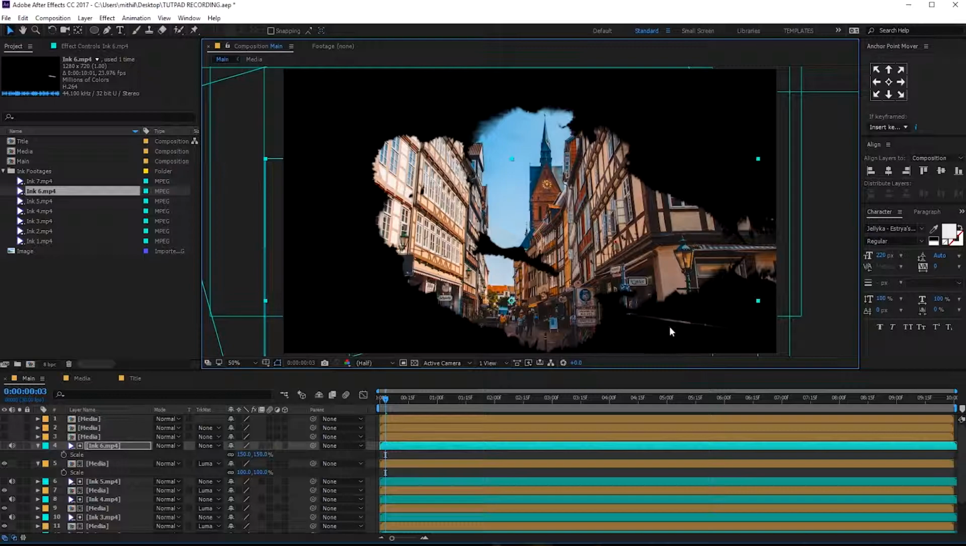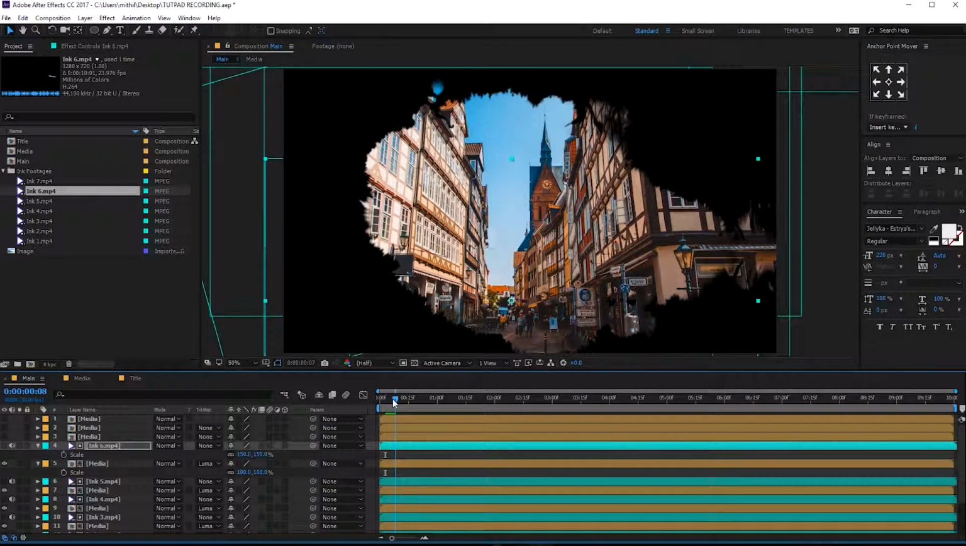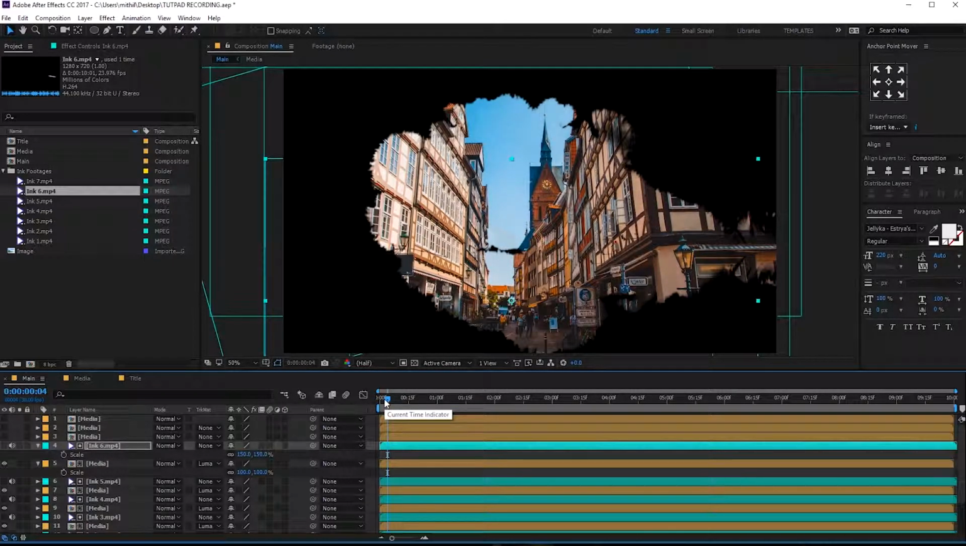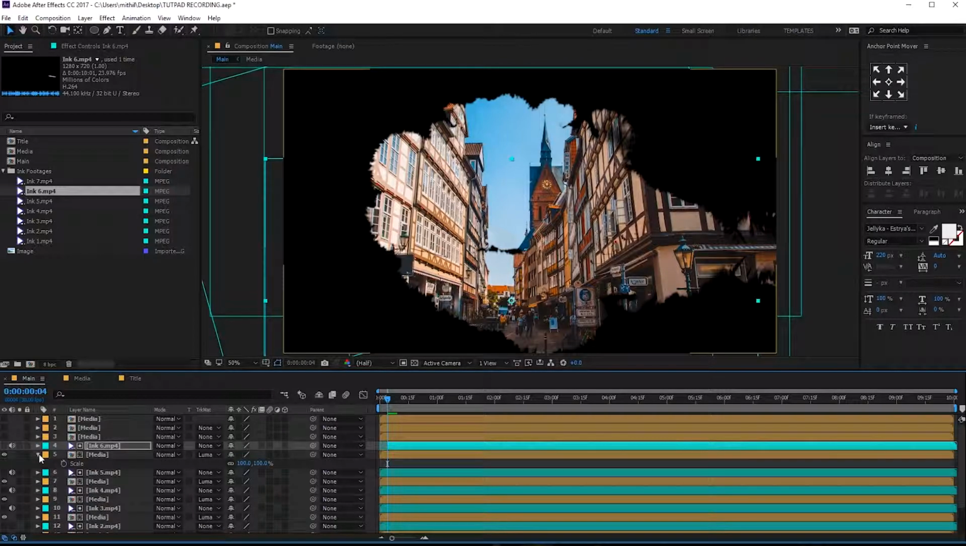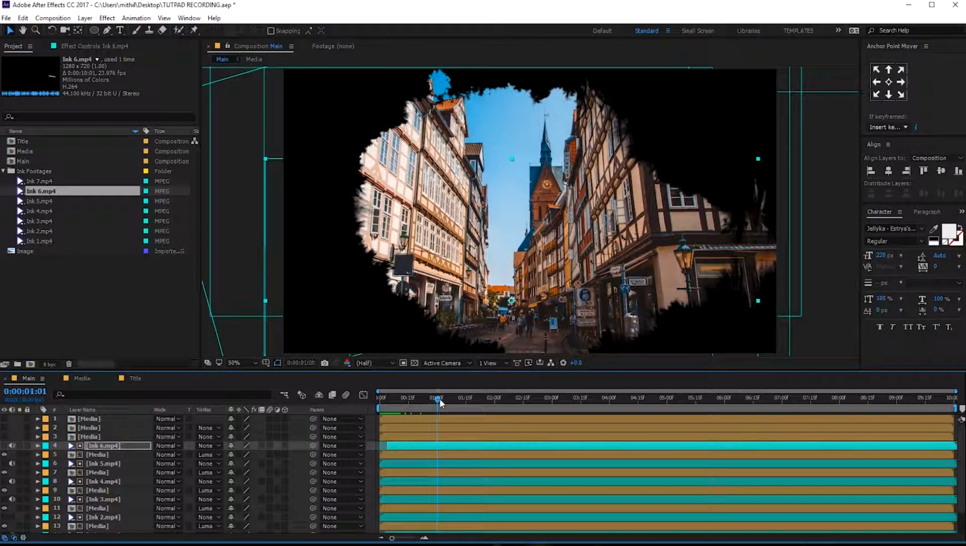Also, you see we have this kind of a streak, so let's get rid of this. So maybe I'll go a few frames forward, maybe somewhere around there, and let's crop this up. Alt and close bracket to cut this up. There we go. So till now we have something like this, as you can see. Pretty cool,